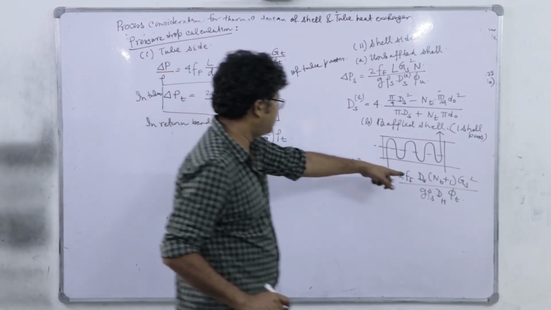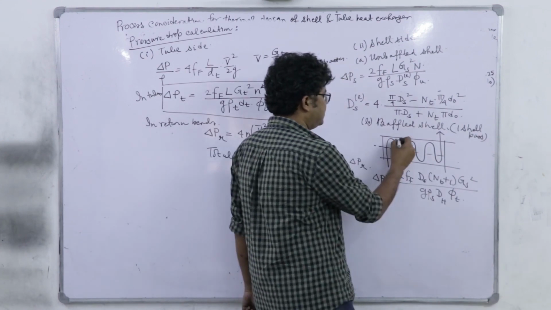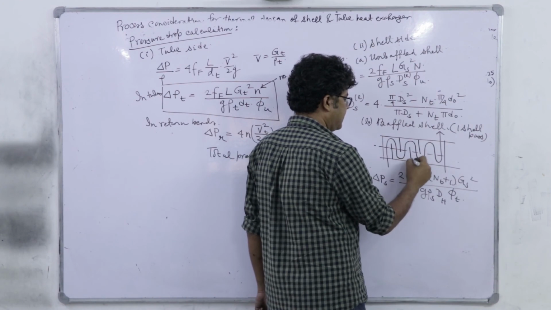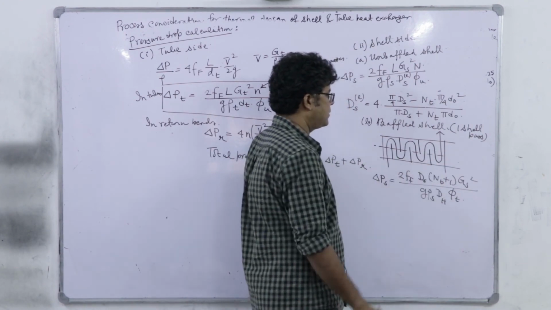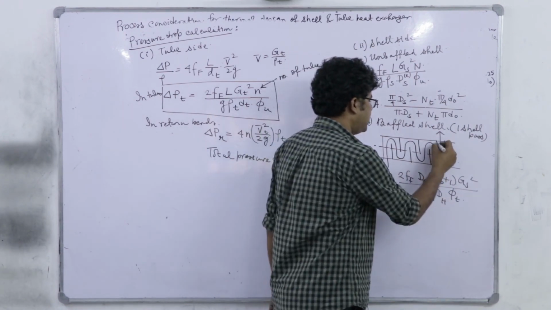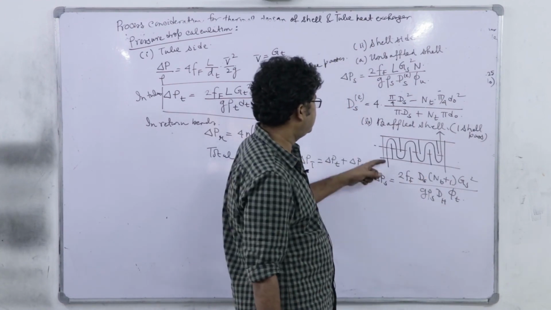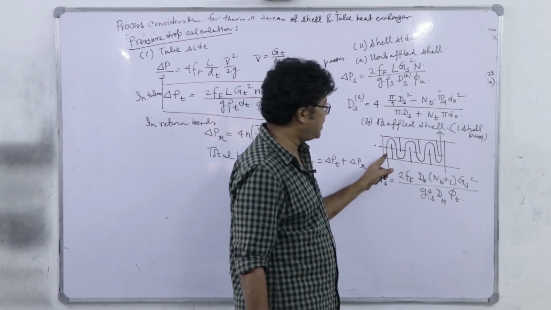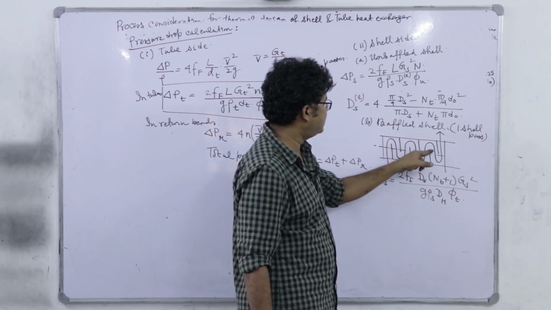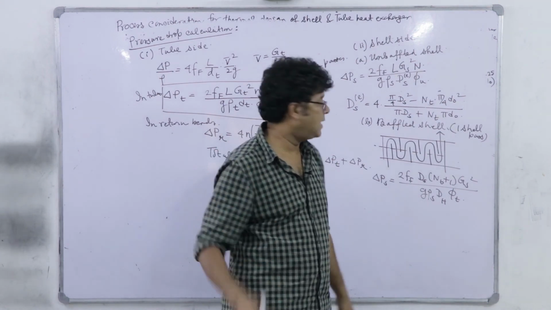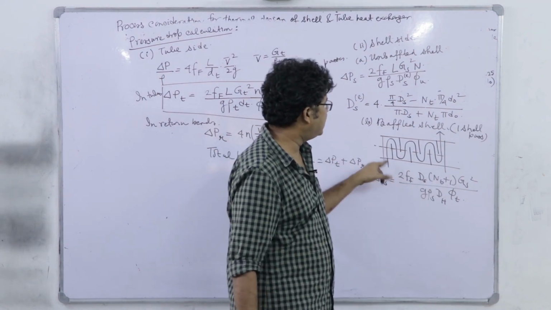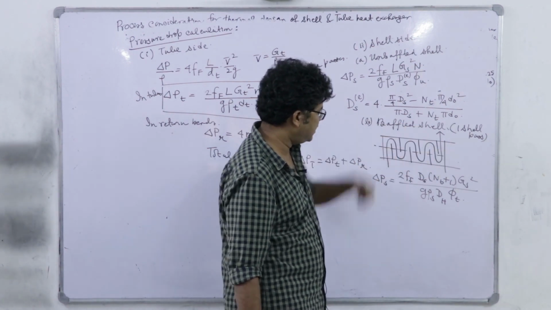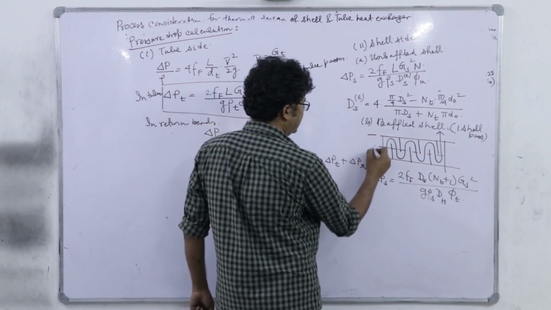So why is it such? d_s into N_b plus 1, because if there are N_b baffles, see how many baffles are there, this many baffles. So 1 2 3 4 5 6, and how many times it's covering the diameter? 1 2 3 4 5 6 7. So just one higher, so it is N_b plus 1, and in each crossing it's covering the total shell diameter. So N_b plus 1 into d_s, where d_s is the shell diameter itself,